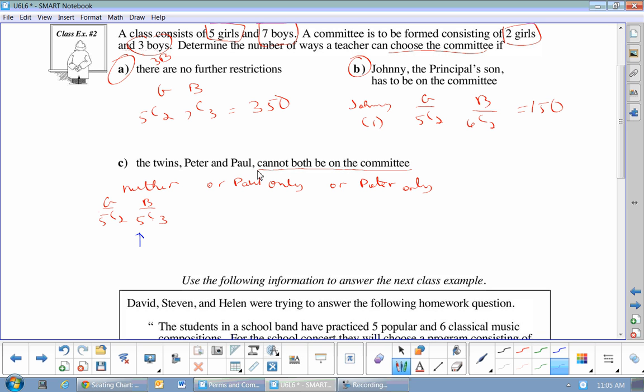Okay, so we're going to keep our 5, choose 2. Let's just do that for each one. It's good to understand that that should not be changed. So basically, I'm taking Paul out of the pool. Okay, so there is one Paul. And so the boys would be